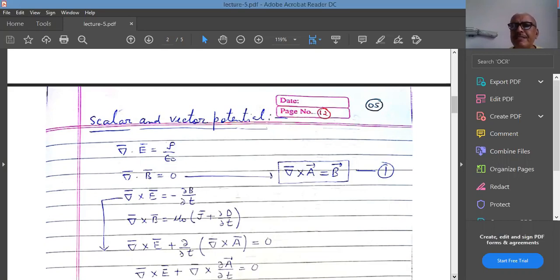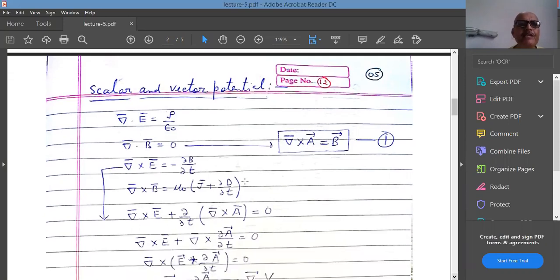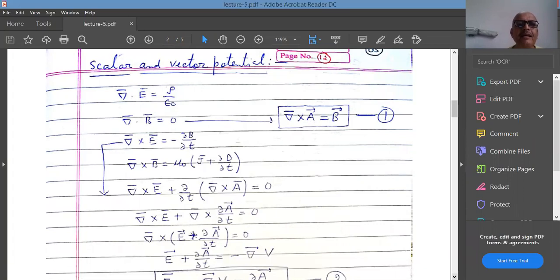Then we substitute curl of A equal to B in the third Maxwell equation: curl of E plus del over del t of B, where B is equal to curl of A. I have already told you that we can interchange del over del t and curl without any problem, because they act on different coordinates and interchanging the two will not make any difference. So del over del t of curl of A becomes curl of del A over del t, and therefore we can put them together: curl of E plus del A over del t becomes equal to 0.